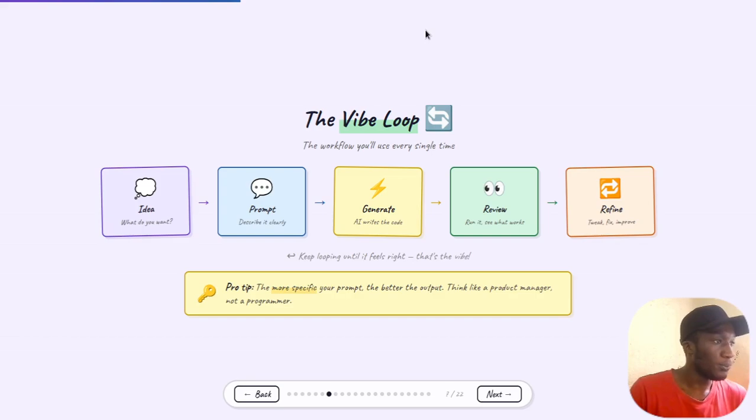So there is a vibe loop. This I can call the vibe loop. The vibe loop is the workflow you will use every day when you are building the website or the app you want. The first thing is the idea, which I've told you, you don't need a complex idea. You just need a simple thing on your mind. Go to AI, tell it to brainstorm and give you